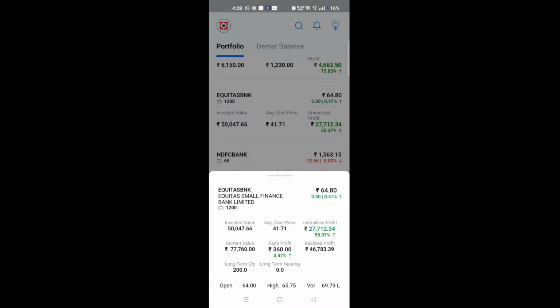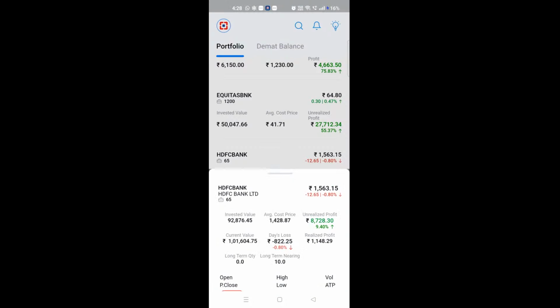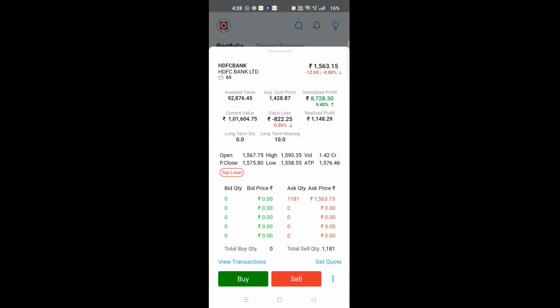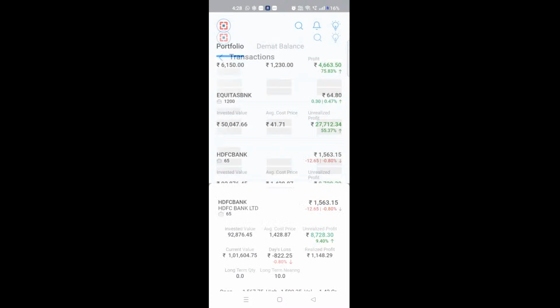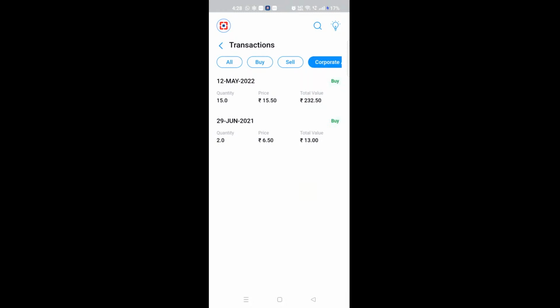Some more information if you have to see, you can just tap on it and it will give you the details. If you want to see the portfolio transaction details, which is there in the current app, you can click on this view transactions. So that will help you to see all the transactions, whatever happened in this particular stock, in terms of buy, sell, corporate actions. Your demat balance,